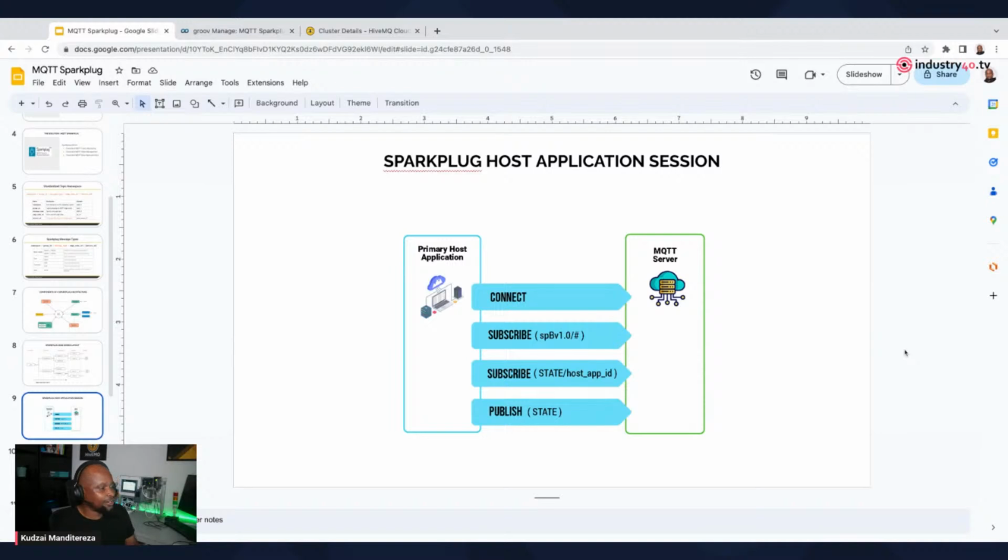So let's look at a typical session from the perspective of a primary host application when it is connecting to an MQTT broker. So first of all, the primary host application would connect, will send an MQTT connect message, right? And then it needs to subscribe to the root element, right? So if it subscribes to the root element, to ensure that it receives all messages that are being published, all Sparkplug messages that are being published to this broker,